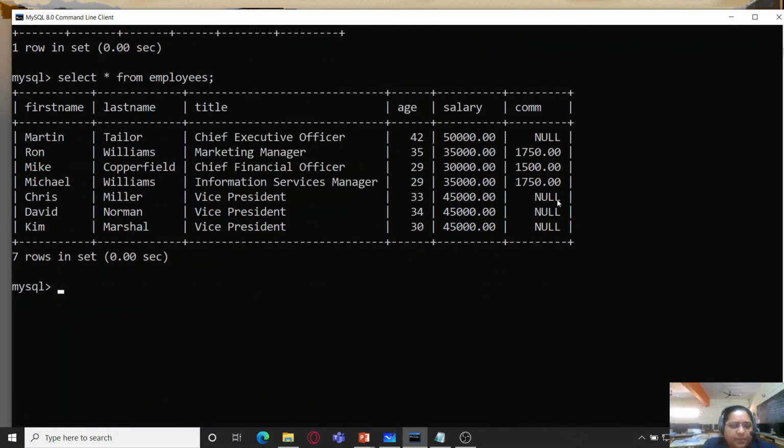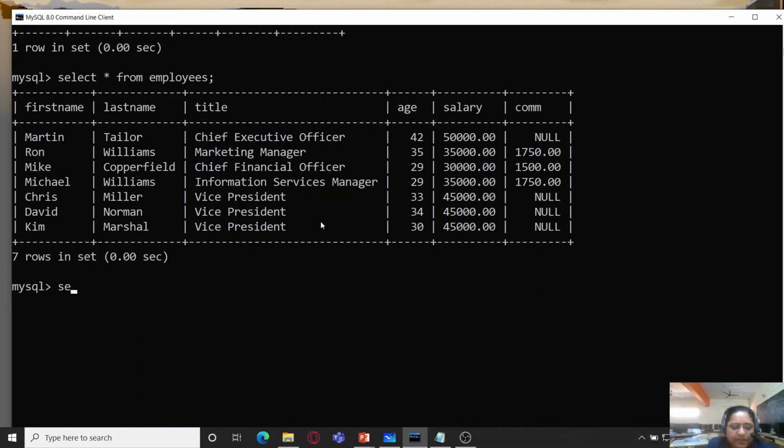We have this employees table and here you can see titles, that is job titles, or we can also say a particular post at which an employee is working in. And you can see here there are 3 vice presidents in this company. I want to see how many total number of titles, job titles are there in the company.